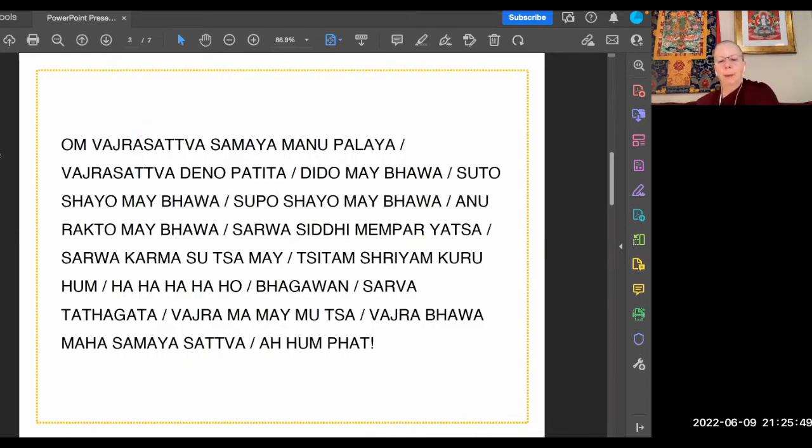Vajrasattva samaya manupalaya Vajrasattva dina patita dida mibawa sutokaya mibawa supokaya mibawa anarakta mibawa sawasidi mipiyata sawa kamasita me sitam shriyam kuruhum ha ha ha ho bhagavan sawa tatagata vajramame mutta vajrabawa mahasamaya sattva aham pe Vajrasattva samaya manupalaya Vajrasattva